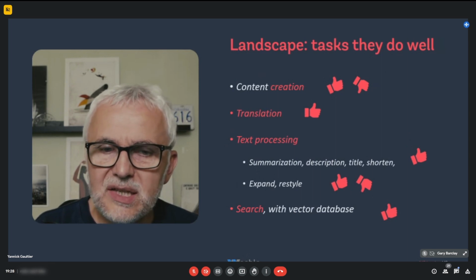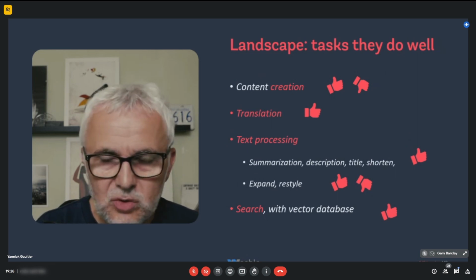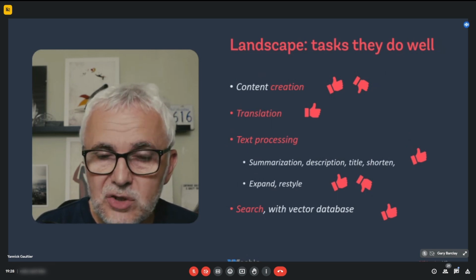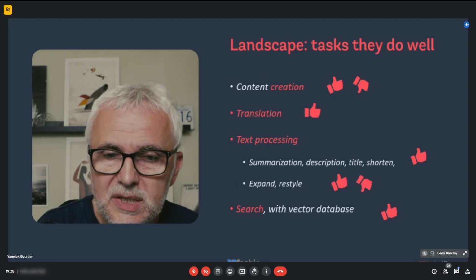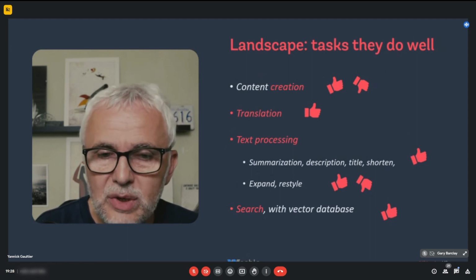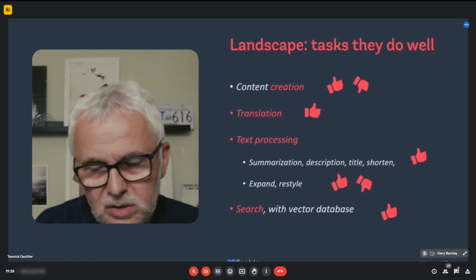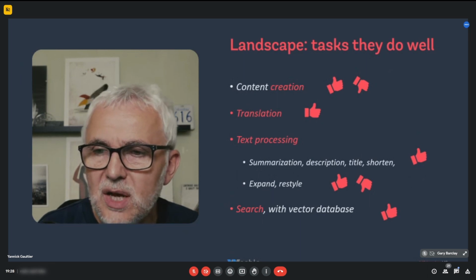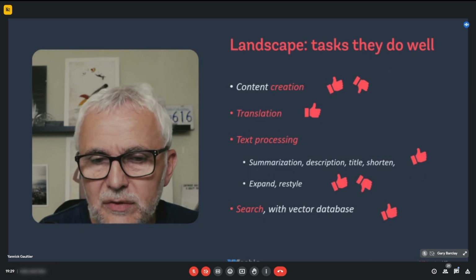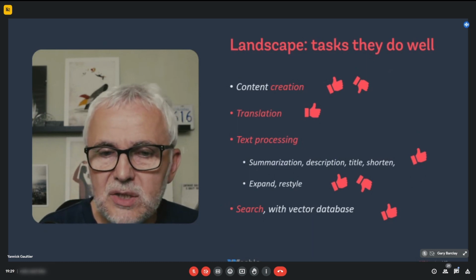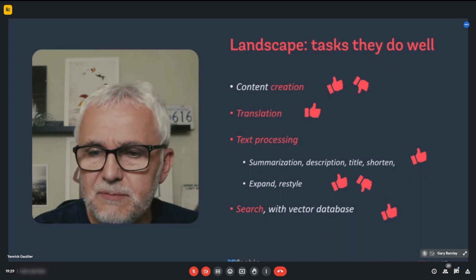And there's the last task at which they excel, and that's search with a vector database, something similar to what Google is doing essentially. It's something that you could, in theory, install on your Joomla website and have a brilliant search feature where your visitors could talk, not really chat, at least, with the system to get proper replies. Unfortunately, that requires something called a vector database that's not available easily and costs money. So there is no solution at the moment to do that with the Joomla website.